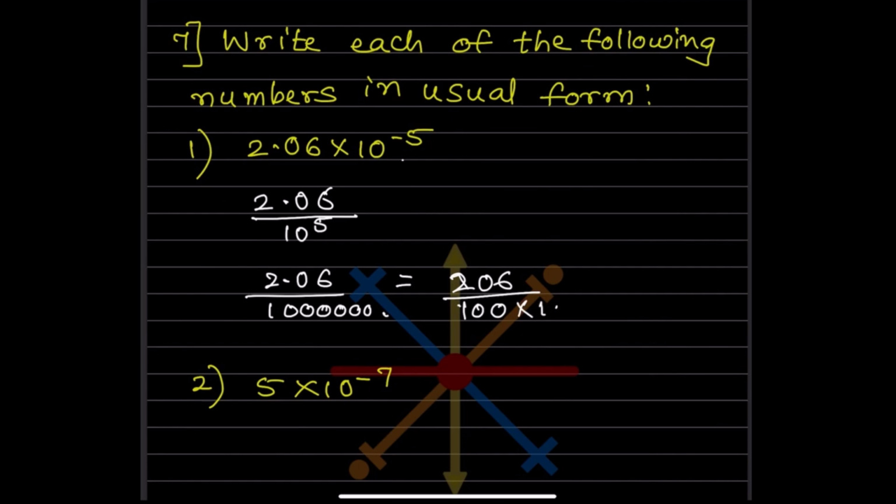How many zeros are here? 6. 1, 2, 3, 4, 5, 6. So you can write this one as 206 divided by 10 raised to, this will be 8, because this 6 plus this 2 is going to be 10 raised to 8. So now how are you going to write this number? You will write 206 and come backwards 8, and then you are going to put the decimal. So 1, 2, 3. Three numbers we already have, 4, 5, 6, 7 and 8, and then put a decimal. So did you get it?